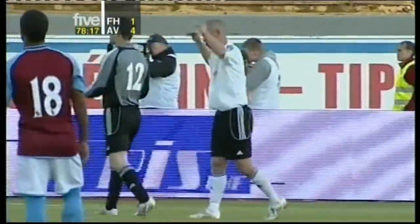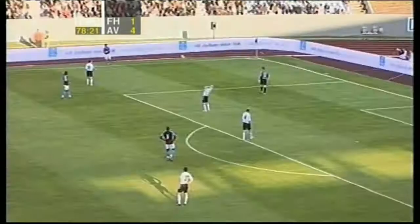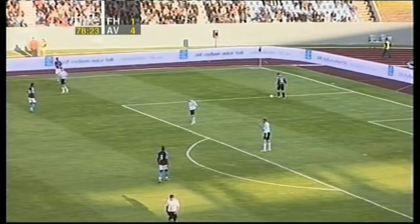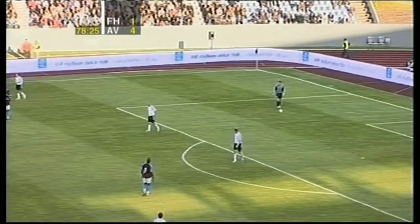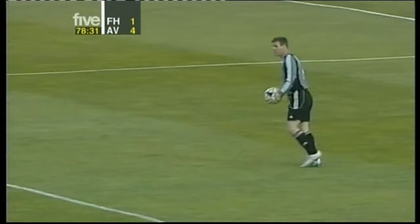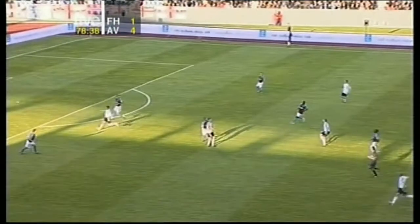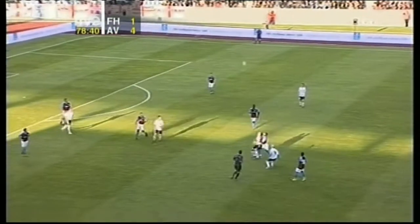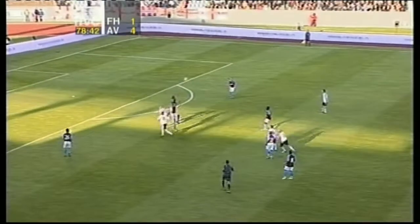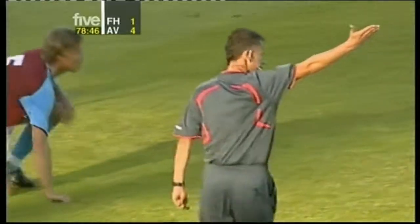I don't think we've seen too much from him tonight that we'll have Premier League managers queuing up with a checkbook. I wouldn't have thought so. If they do, then they really have got enough money to throw away. But it really is just running this out, isn't it? And the second leg, coming back, you've got a 4-1 lead. That will help Martin in terms of the Premiership games that they have to play. To take home a 4-1 lead here, I'm certain he can look at the team that he selects for